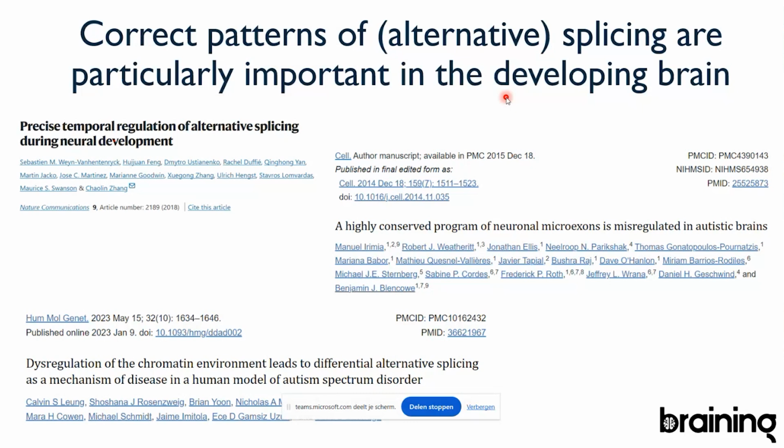And so this alternative splicing seems to be very much regulated during neurodevelopment. So basically, we know that the process is heavily controlled, but we lack details on why it is important and how it is important. And as with all those biological processes that are important, of course, if something goes wrong in alternative splicing in the developing brain, you get disorders.